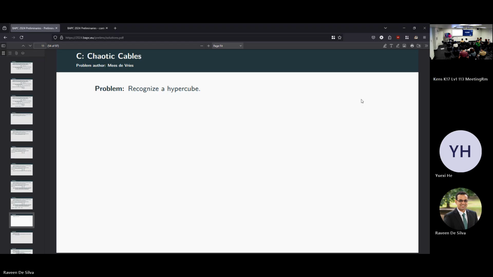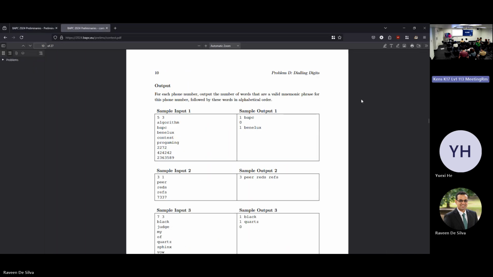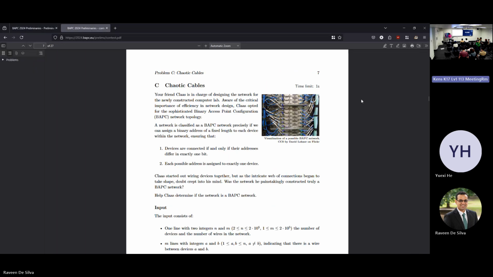Actually, okay, so the first thing that came to my mind was gray code. Oh, I can use that so much. So this is being recorded. Yes, but also you can read the editorial.